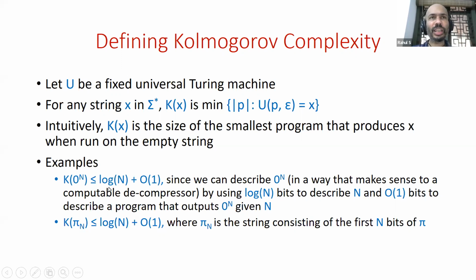I mean, for 0 to the n, using a grammar-based compression approach, like Lempel-Ziv and so on, you'll also get a bound like this. But that kind of approach, I don't think would work to give you a comparable bound for pi sub n or other kinds of non-trivially compressible information. So these are a couple of interesting upper bounds in Kolmogorov complexity and on compressibility. And as we'll see soon, our intuition that a random string should not be compressible will also hold. And there's a very simple argument for that we'll see soon.